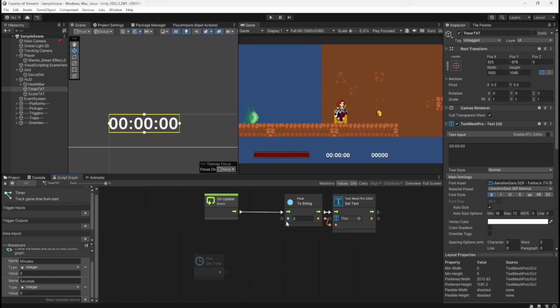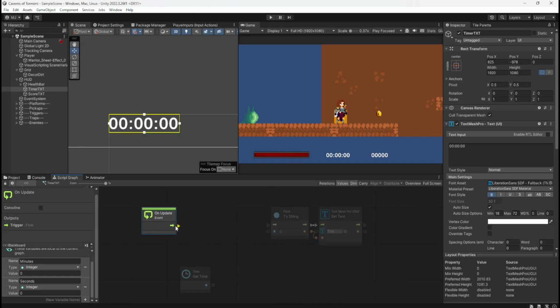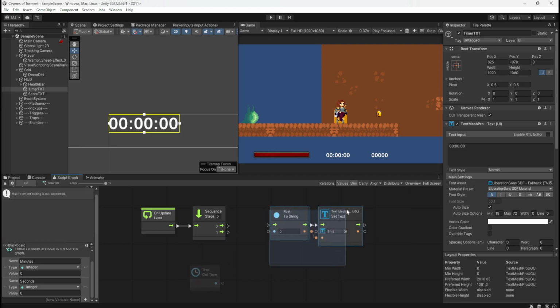Right, so this needs to be, it's almost like it needs to be a sequence, I think. Because the time needs to be obtained every second. So I think what I'm going to do, I'm going to just unplug that and make a sequence. Because we're going to need one for the minutes, one for the seconds. I'm not going to bother with milliseconds. I always like seeing the milliseconds. I think that's because there's a lot of games that do have that where they just show that.